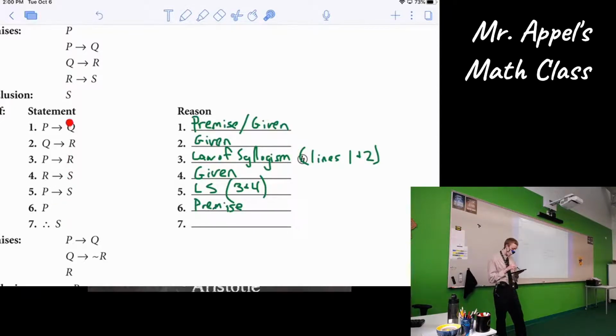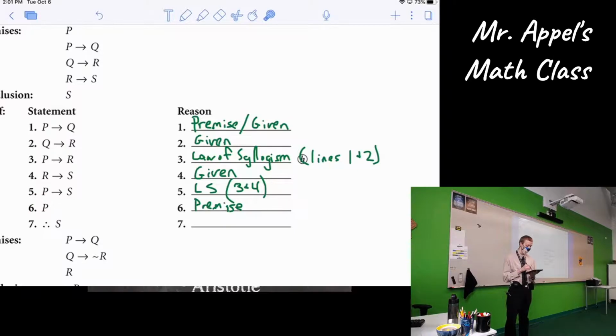So it's going to have to use one of these that ends in S. So it's got to be either 4 or 5. And the other hint is I had to bring this line in before I could do it, right? If I didn't need this line, I wouldn't have stated it. So the one immediately before the conclusion is always a big fat hint. This has to be used, and I need one of these that has S. Only one of these with S draws on that P that must be used, so it's got to be 5